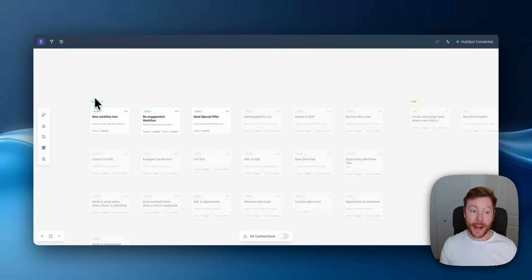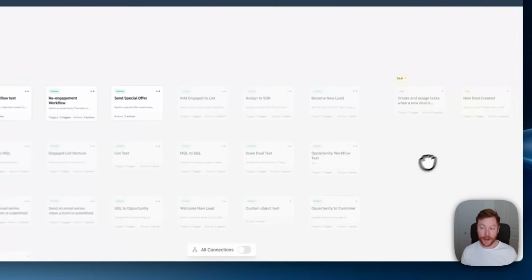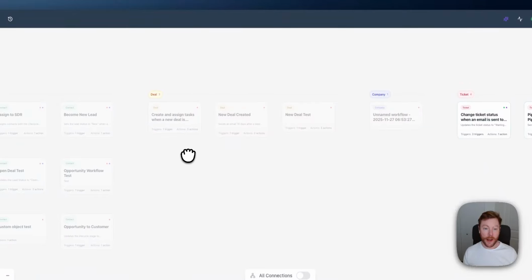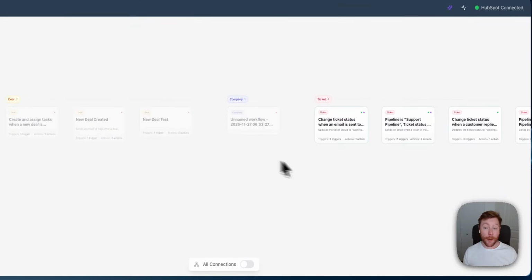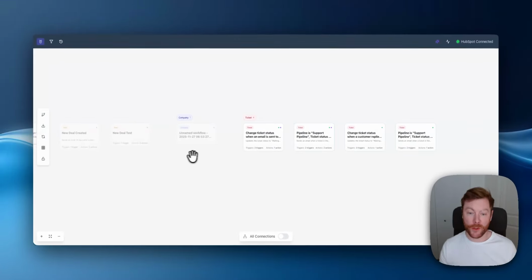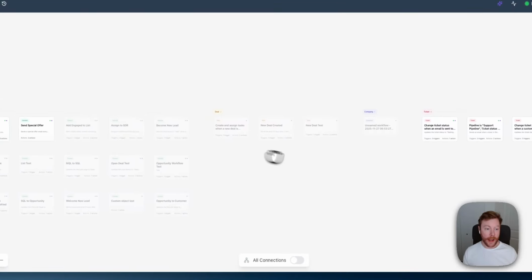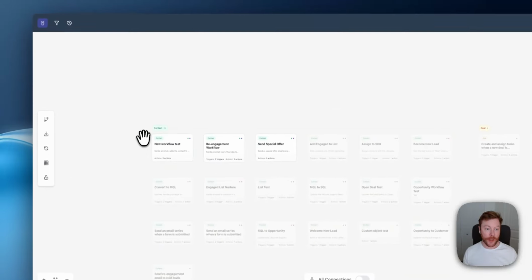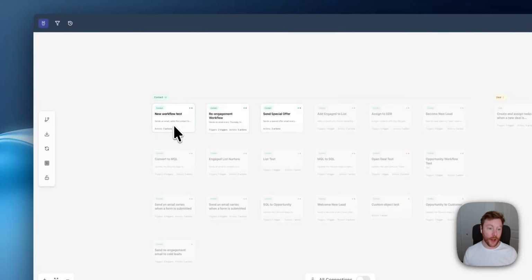So there are 19 total contact workflows, 3 of which are on at the moment. The new workflow test, there's a re-engagement workflow, and a send special offer test. We also see deal workflows, company workflows, and ticket workflows. And there are 4 ticket workflows on at the moment. Now, if I just start off by going to the contact workflows and I click on the